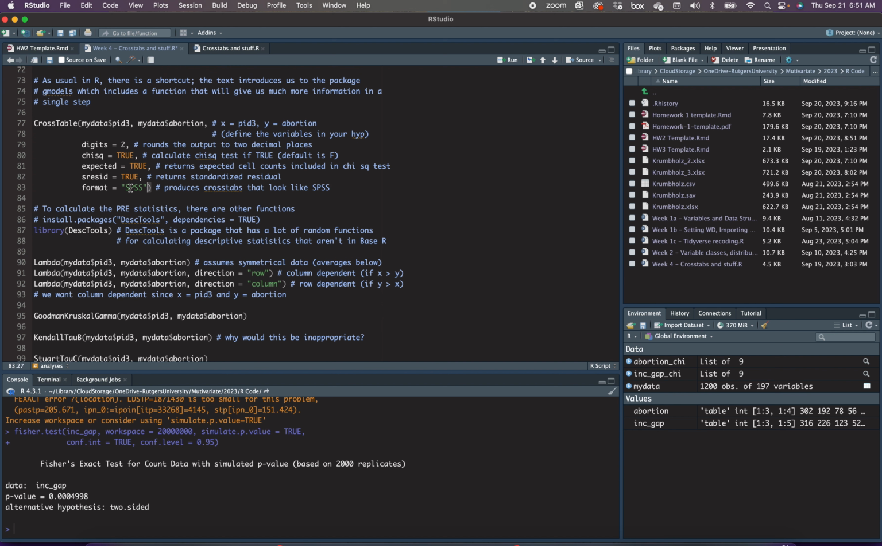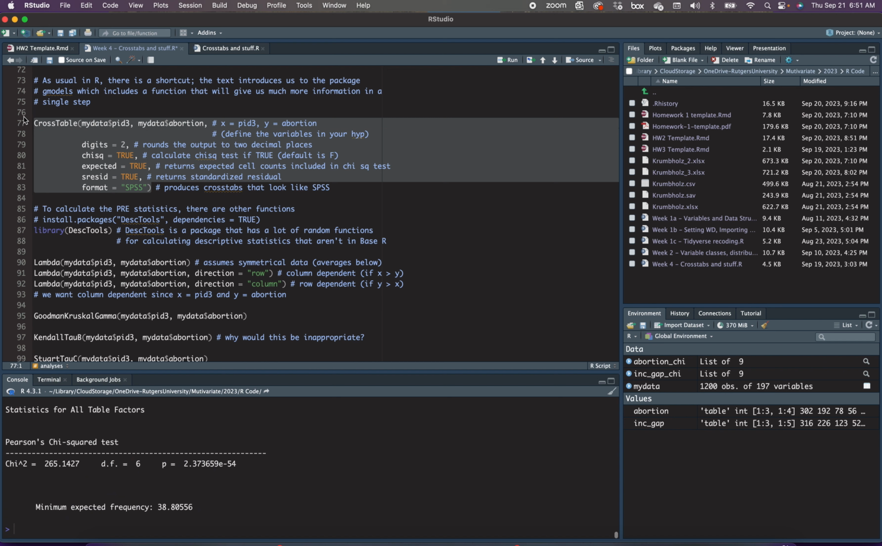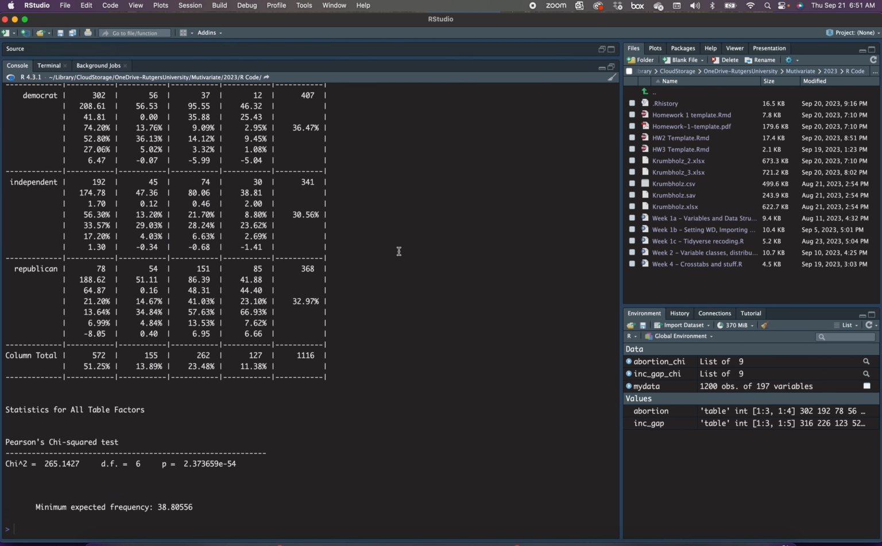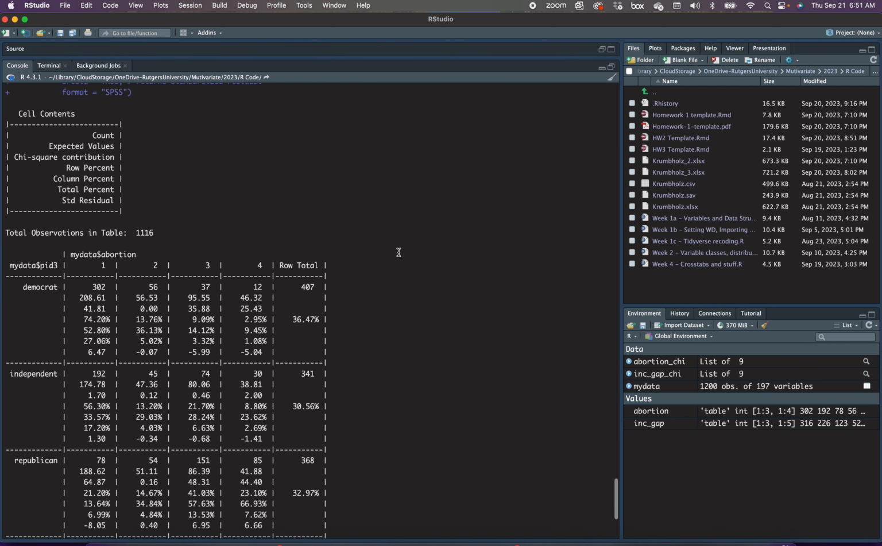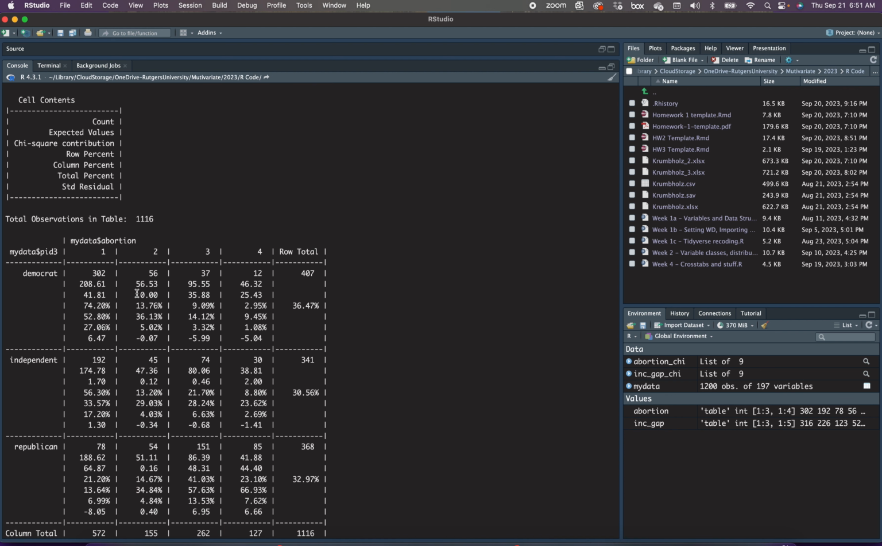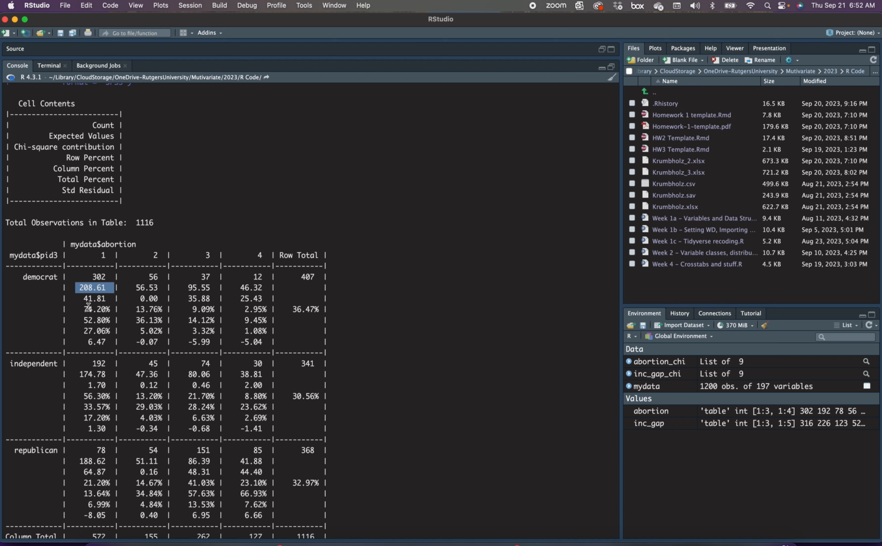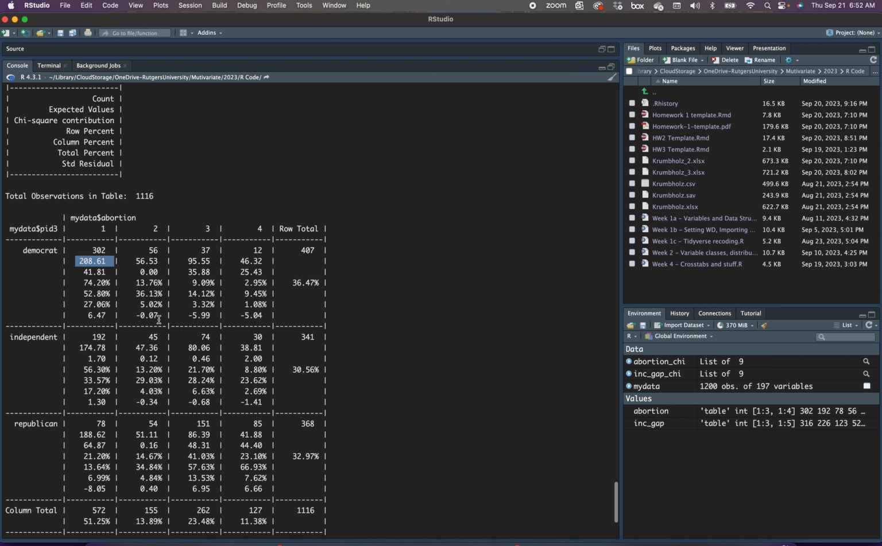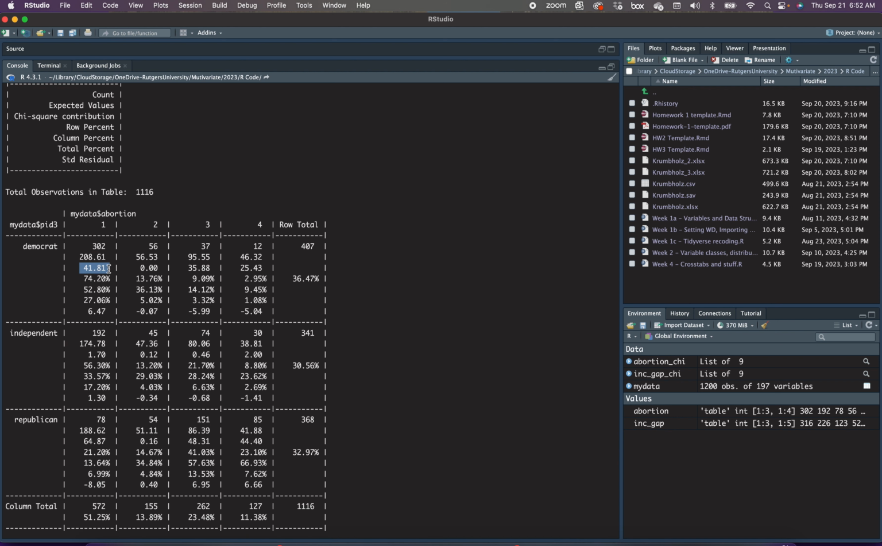So if you run this, you will get this nice looking table that has all of this information in it. This is kind of a label for what each of these values in each square is. So here's your count, your actual count. Here's your expected value. And again, you'll understand the expected value business more after class next week. This is the chi-square contribution. So I believe if you add up all of those, you get the total chi-square for the